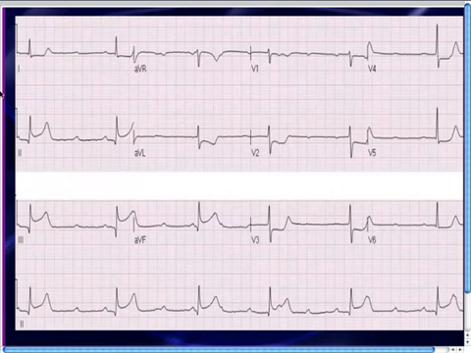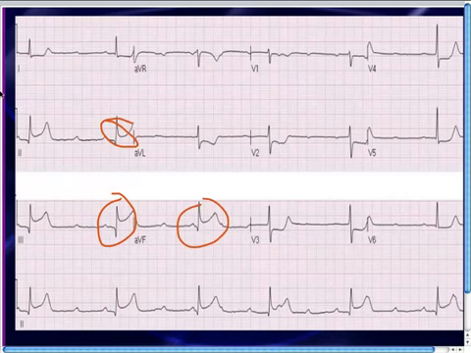And then there's something else going on here in this 12-lead EKG. There's some ST abnormalities, right? There's ST elevation in the inferior leads, so that implies that there's an inferior wall STEMI. There's probably some reciprocal changes out here in the lateral leads, 1, AVL, V5, V6. And you also have to notice that there's some ST depression in leads V1, V2, V3, and